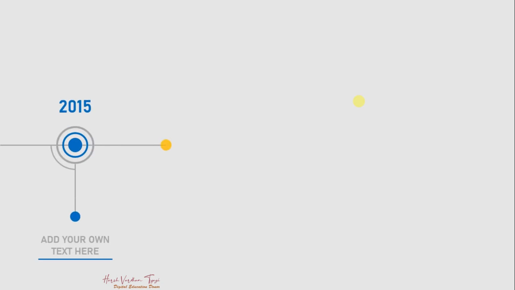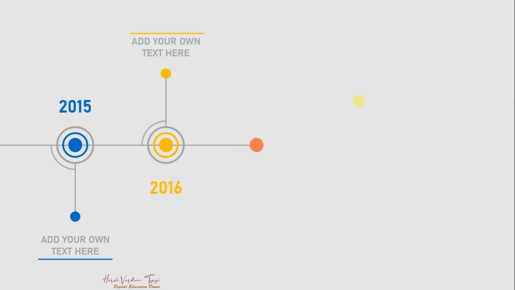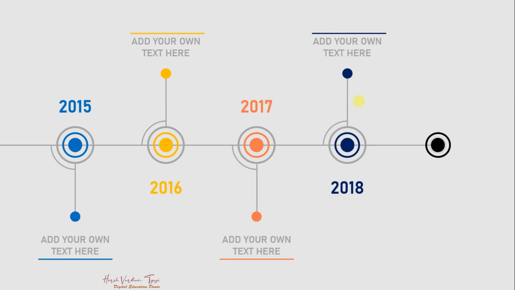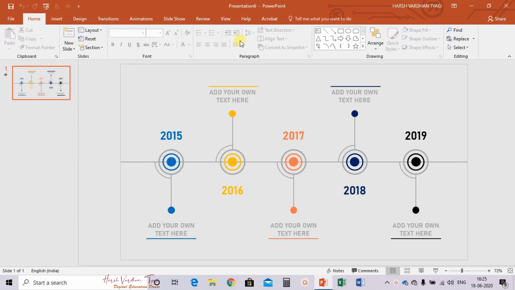Now in this video tutorial we are going to learn how to create the best timeline animation effect in PowerPoint. So without wasting much of your time, let's start with the video tutorial. So here is the final effect, the final presentation you will be getting after making this slide transition effect. So let's start with the video tutorial on how we are going to create this effect. I have already created this effect.